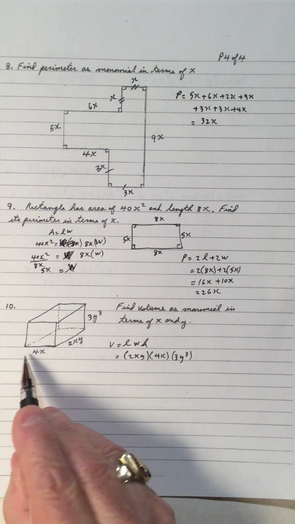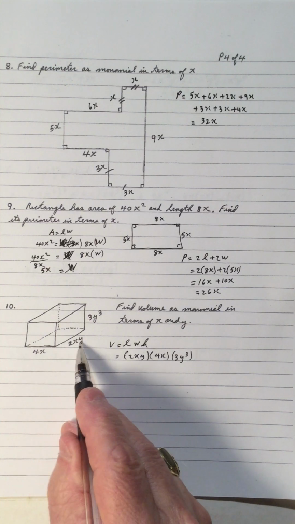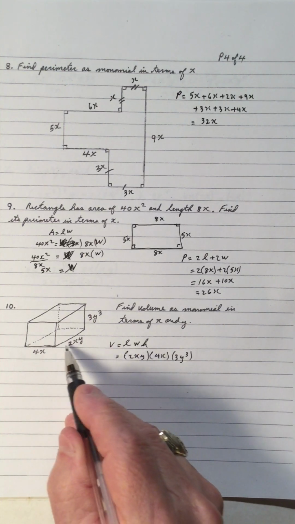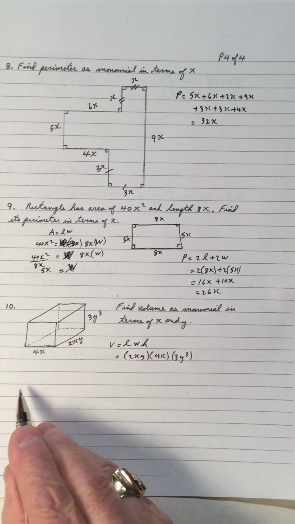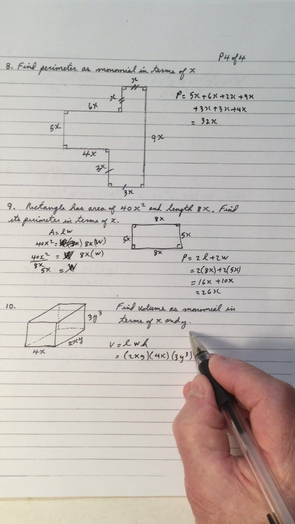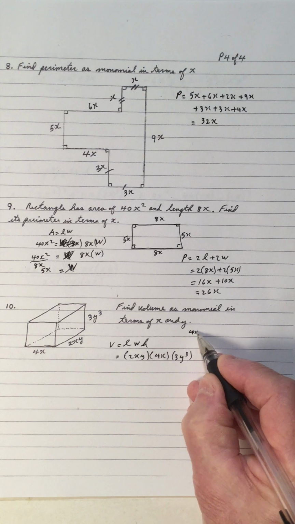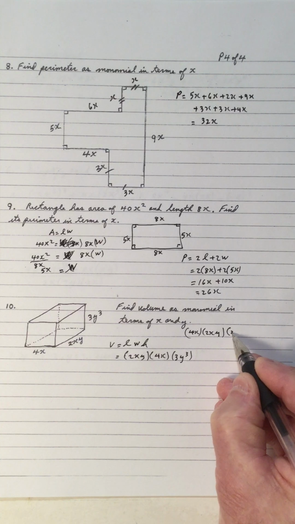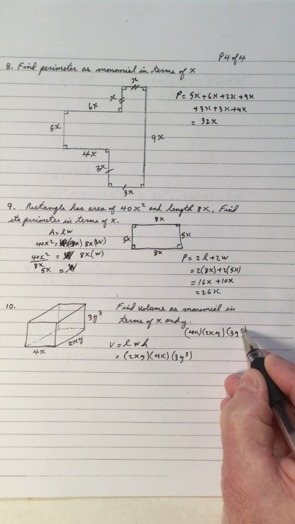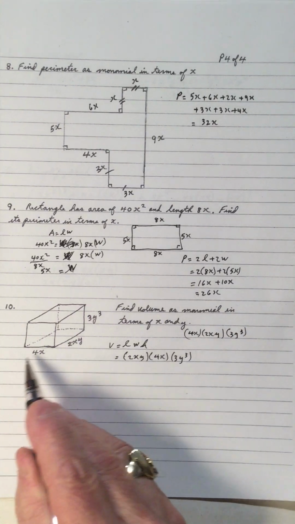We don't have to say that; we could have the length is 4x, the width is 2xy, and the height is 3y cubed. It makes no difference which one of these you call the length and the width,